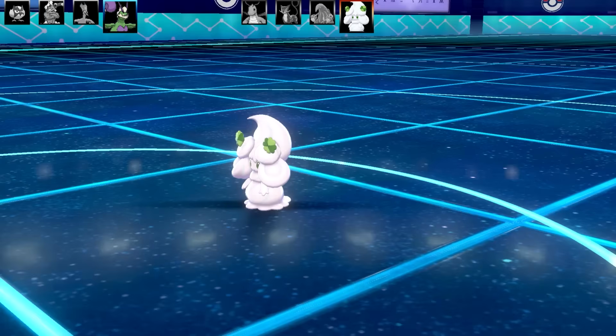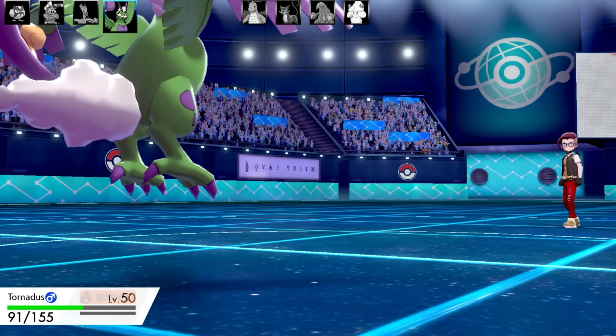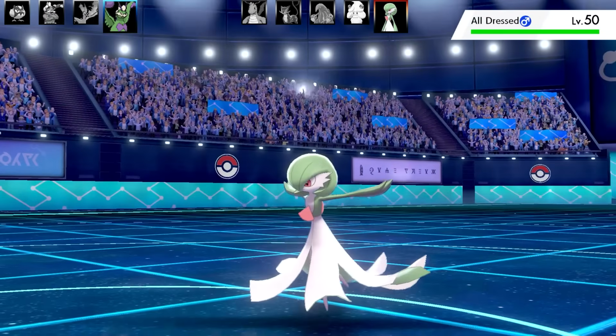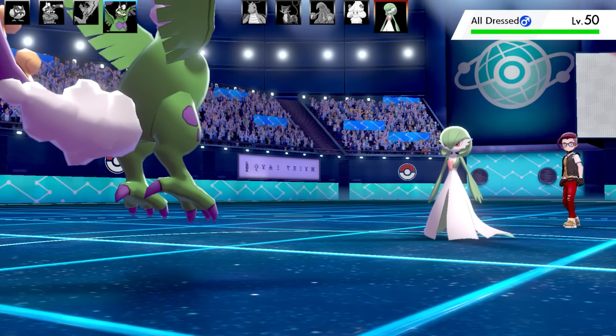So bye-bye Alcremie. I'm starting to claw my way back into this battle there. I'm taking a little bit more burn damage on the Tornadus. Next Pokemon is going to be the Gardevoir. Now, my opponent hasn't Dynamaxed yet, so I'm assuming one of these last Pokemon is definitely going to be Dynamaxed,